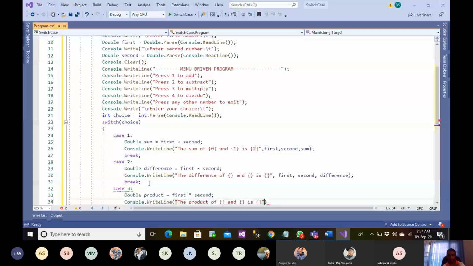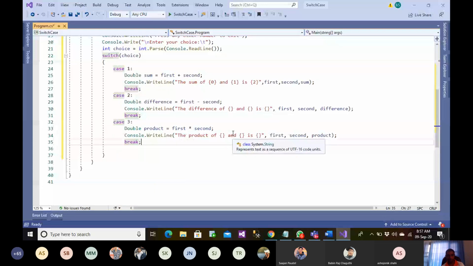All right, now I missed here 0, 1, and 2. And again case 4.